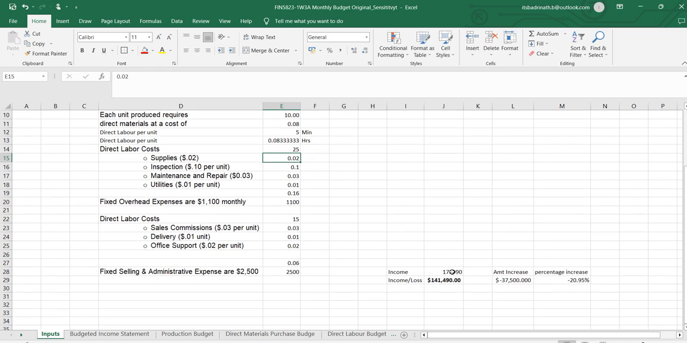Again, what happened because of the increase in labor cost? Definitely, it will impact profits, right? Negative. So it got decreased by 37,500. Because of such a change, the profit got reduced by 20.9%. It's a simple sensitivity analysis. Okay. So now,